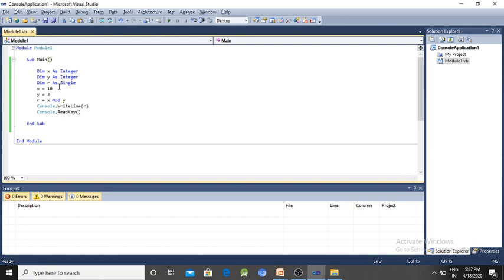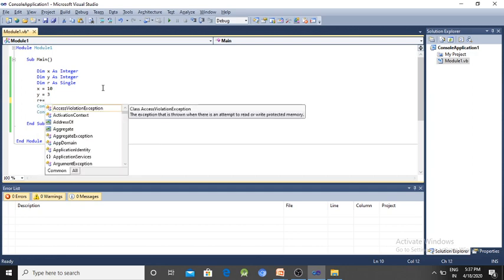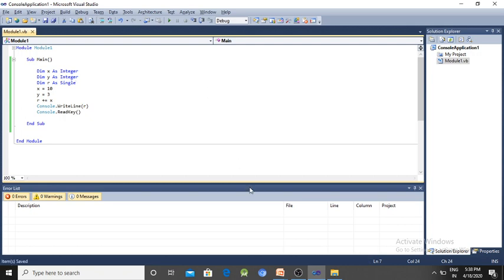Suppose x equal to 10 and y equal to 3. We have to change here: r plus equal to x. Then execute the program.